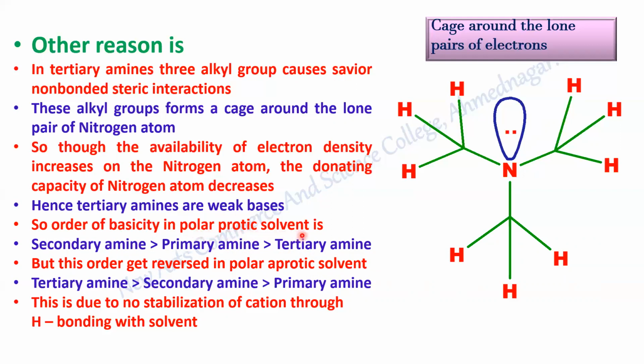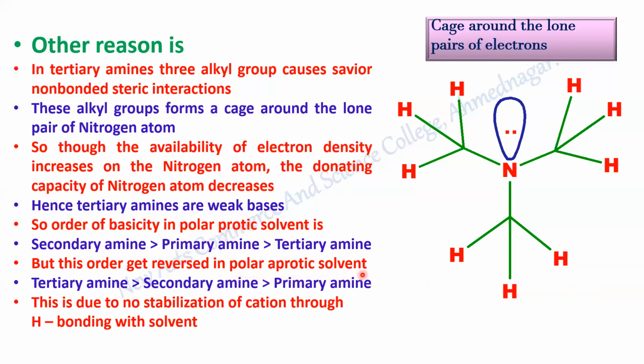Another example we can consider is an alcohol. Here also the hydrogen is attached to the oxygen. Whenever you use a polar protic solvent, then and only then there is a possibility of solvation. So when solvation takes place, secondary amine is always a strong base as compared to primary and as compared to tertiary. But instead of polar protic solvent, if we select polar aprotic solvent, so what is the example